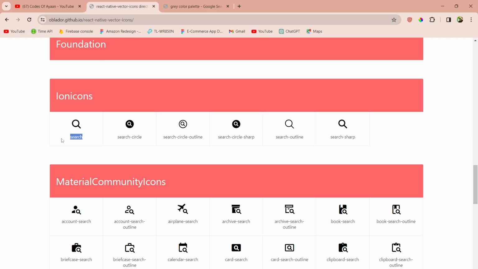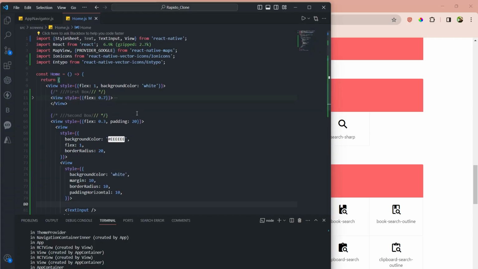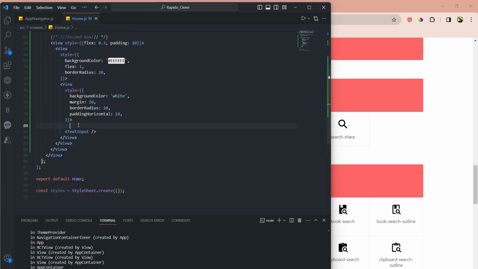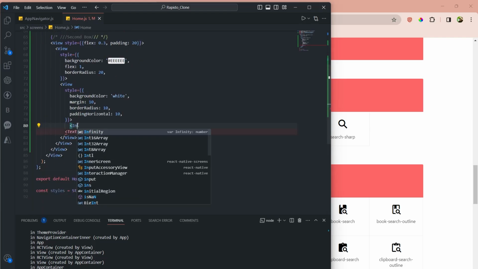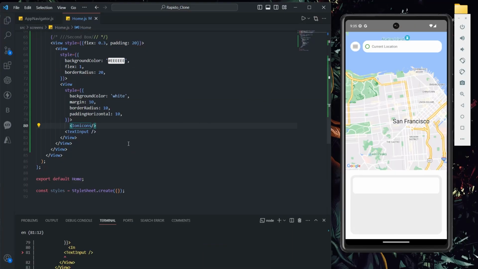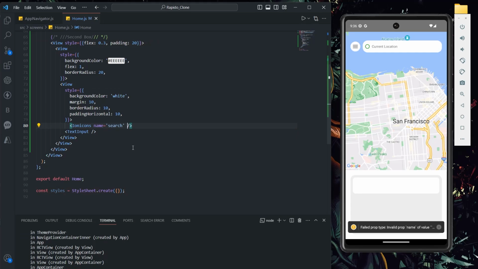So that's why I'm going to use this search. You see Ionic we are already using, so that's why. Here simply call Ionicons, close this. To see the difference, name, paste that name inside here, search, and